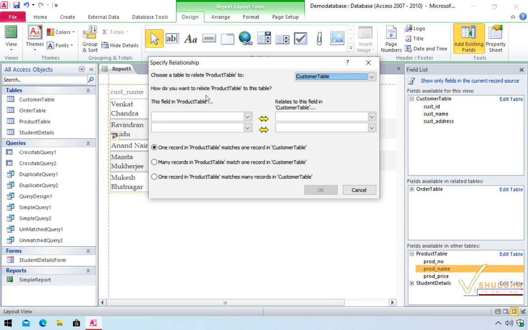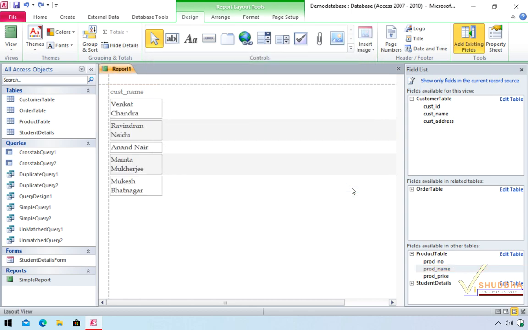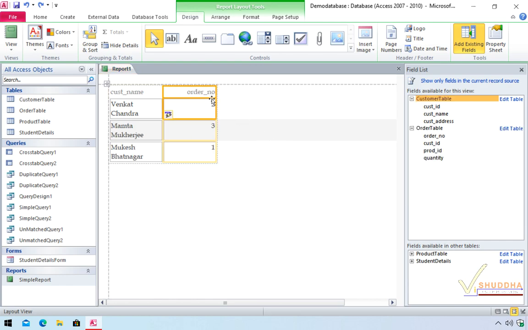Now as you can see, it is asking for the relationship. Whenever you want to have the fields from multiple tables, you have to make sure that they have some relationship. That means they should have some common field or some criteria to join the records. For now, I will just cancel it. I will go to the order table, and from here I will select order number. Let's place it in the report detail lines area, and you can see we are able to add it, because in the order table we have customer ID, on the basis of which we can relate both the tables.